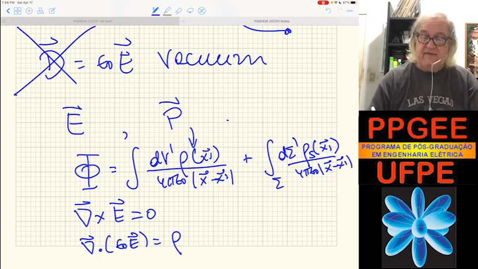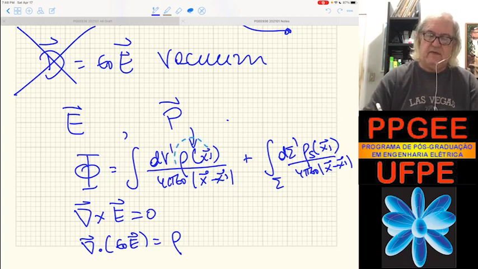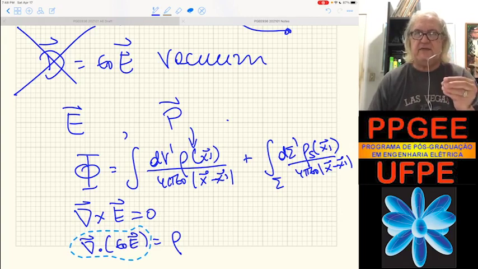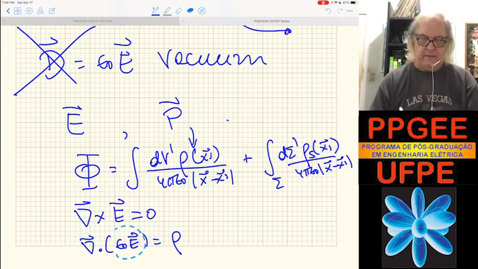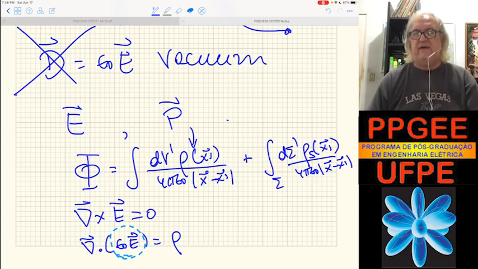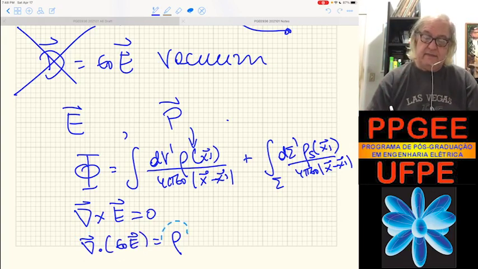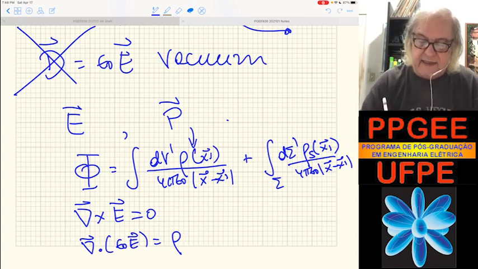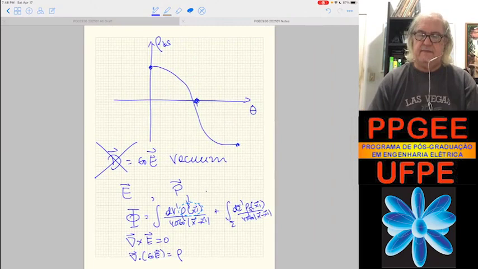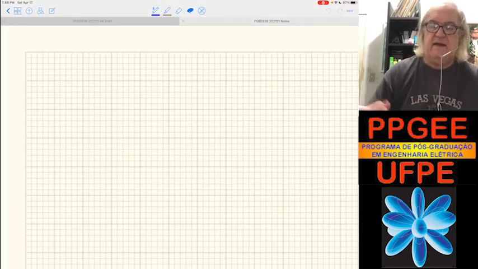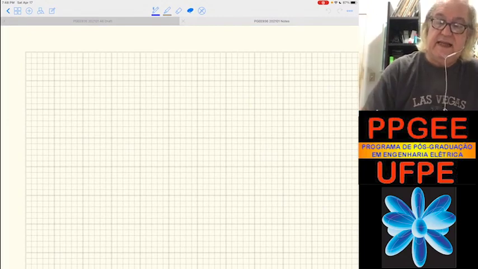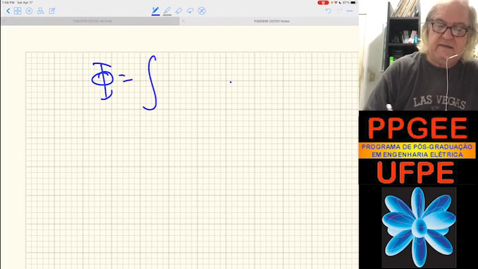That's what we have. Every time we have a rho here in the volume integral, when you go to the divergence, the differential representation of the divergence of epsilon 0 E is going to be the charge density. In other words, the element that appears in the numerator here. Okay? Now we have demonstrated, right, that when you have polarization, the potential now is rho effective